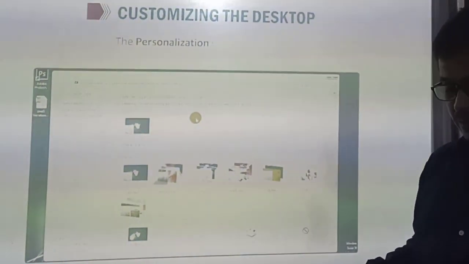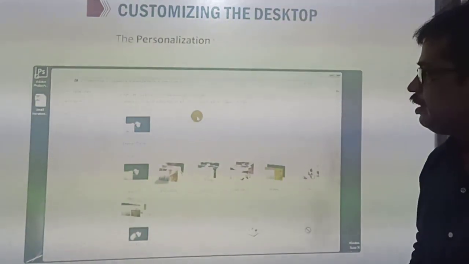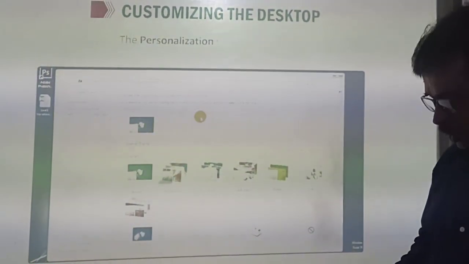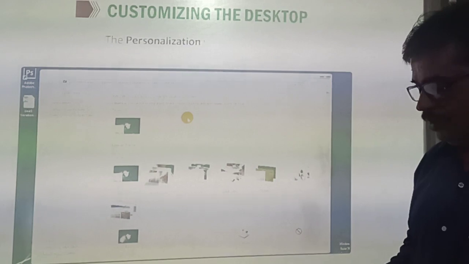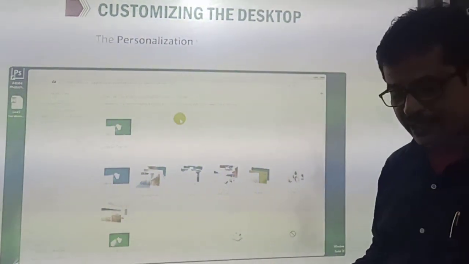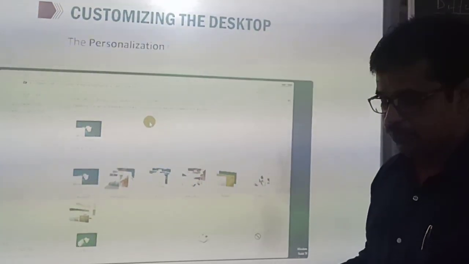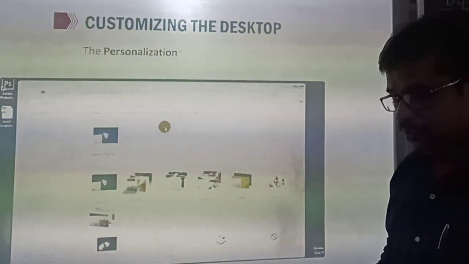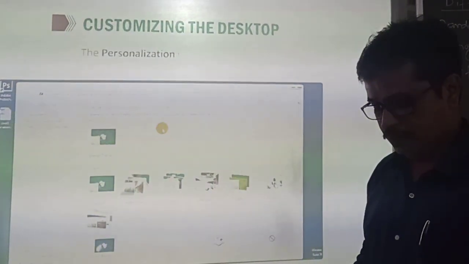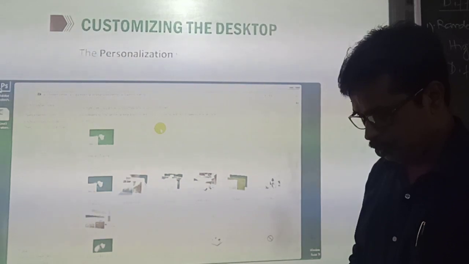What you have to do: right click on the blank area of the desktop, go to the personalize option, then click on the Windows color option, which is located at the bottom. I am trying to show you from the book.